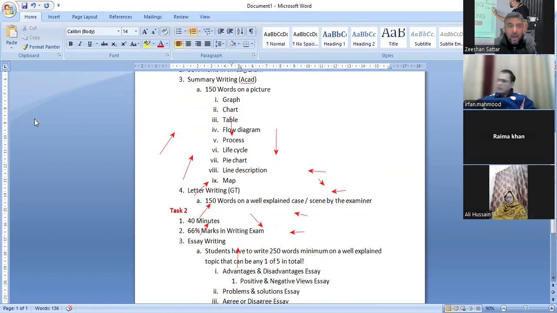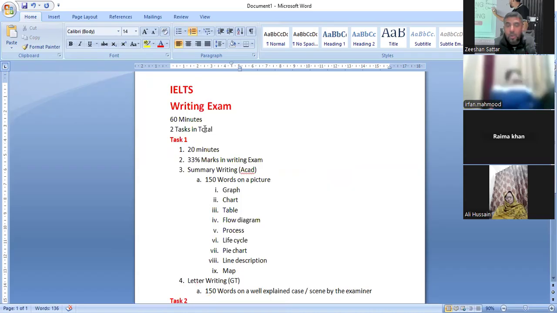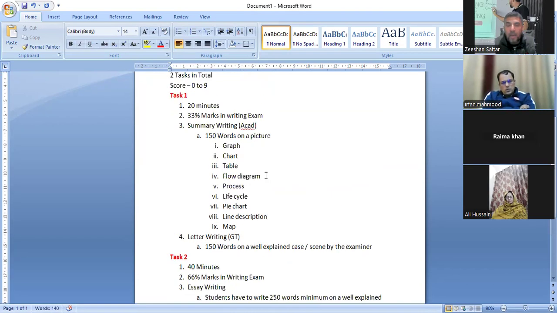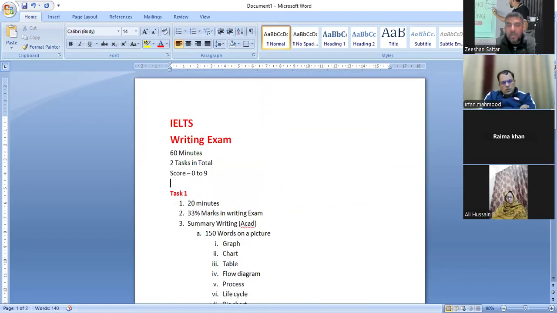So overall, the IELTS writing exam includes total 2 tasks, and the score will be between 0 to 9 bands. 0 to 9 bands. So 9 stands for the maximum and 0 stands for the minimum score in the writing exam of the students. The band calculation formula here will be like 33% and 66% marks allocation is calculated in this way. Band calculation in writing exam,